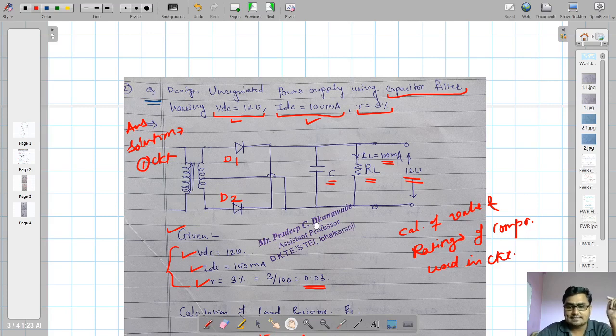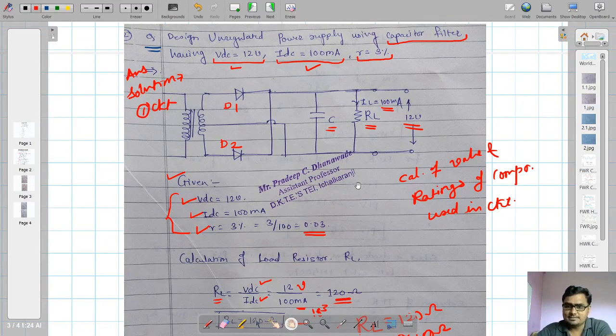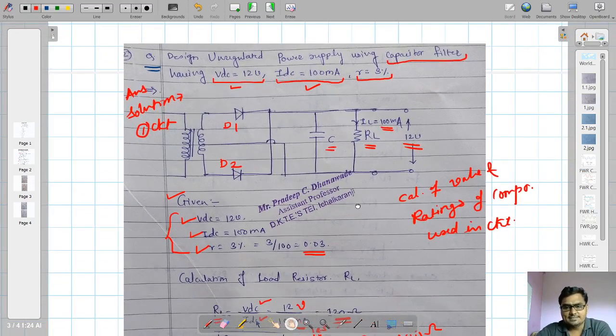Then next example we will take with LC type of filter, is it? Not L, we will move towards LC directly. Because if you are able to solve the numericals related to capacitor filter, obviously it is very simple for you people to go with inductor filter, that is full wave rectifier with inductor filter. So that's why we are skipping this inductor filter. We'll switch towards the LC filter. And when you understand LC filter, definitely you will understand design of rectifier with pi filter also. You will understand it very nicely. So let me move towards the next page.